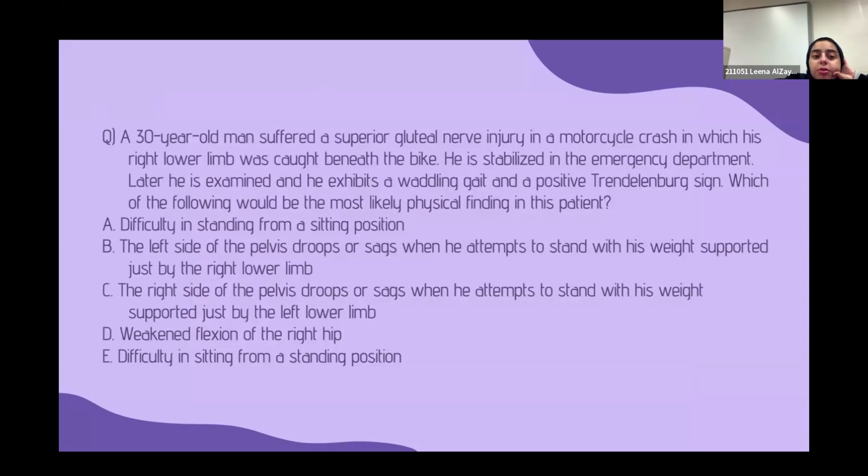Okay, a 30-year-old suffered a superior gluteal injury in a motorcycle crash of the right lower limb, was caught beneath the bike. He was stabilized by the emergency department. Later, he was examined and exhibited a waddling gait and a positive Trendelenburg sign. Which of the following is most likely the cause of his physical findings? So the main keyword is superior gluteal nerve. So the answer is,